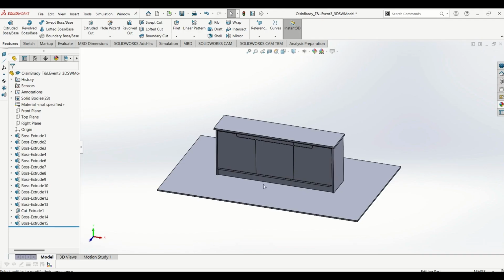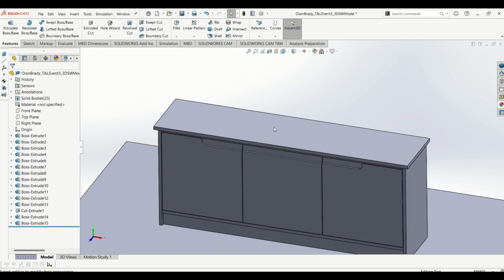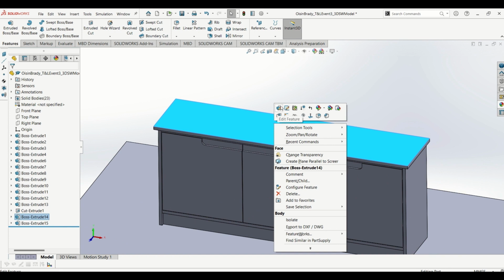So now the actual assembly and making of our 3D model is complete, we can go ahead and add some appearances and finishes to it. So the first thing there we have is our solid oak worktop according to our sketch. So if we zoom in on our worktop and we right click, you can see up the top, if we scroll across, we come across to appearances. So if we select that, left click, we have a couple of options. We have face, boss extrude, and body. So if we hit body and add an appearance to that, that will do our whole